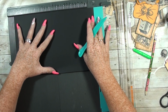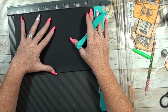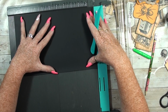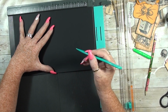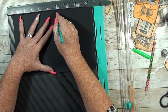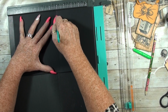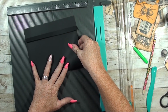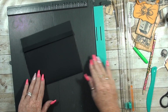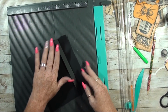Let's see, and then I fold, I make sure that my mark is in, how do you call this one? A crease? I believe so. And then you fold it. Make sure your paper is straight. And now you can